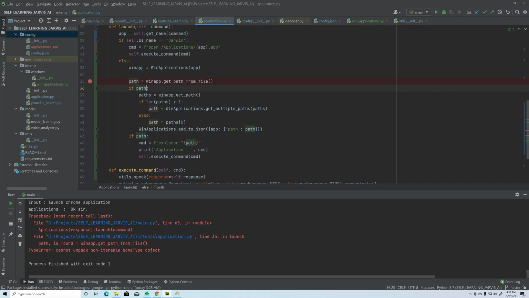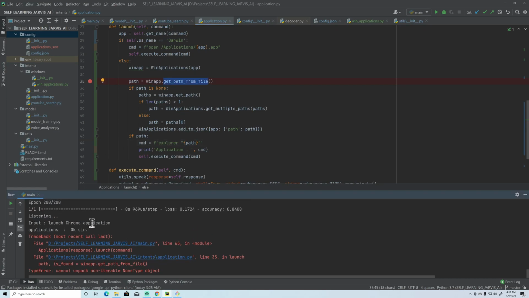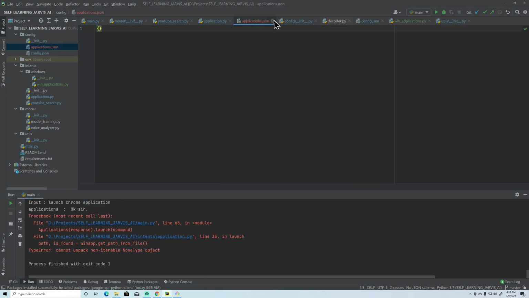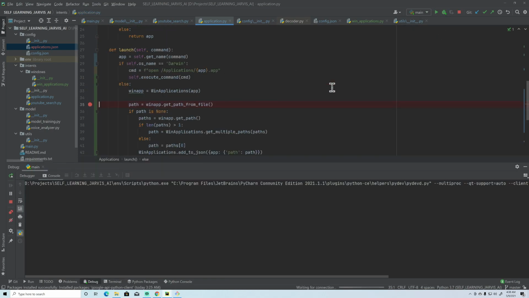If we got the path, then in case we will just execute this, or if path is none, right, like this. And let's see, we got this, we got none. Why? Let's see. In JSON, yes, we have all the things. Let's debug this.